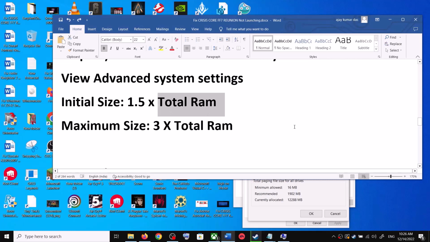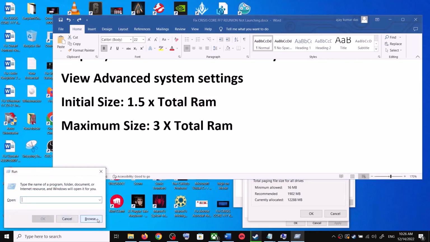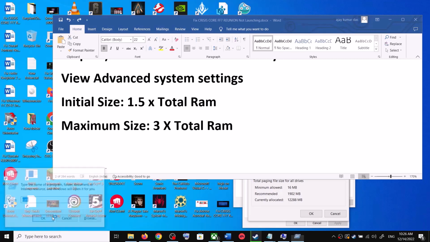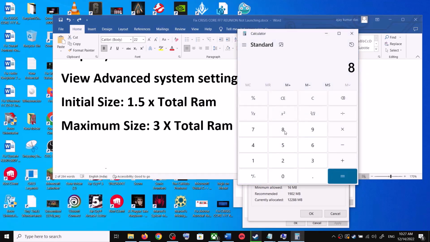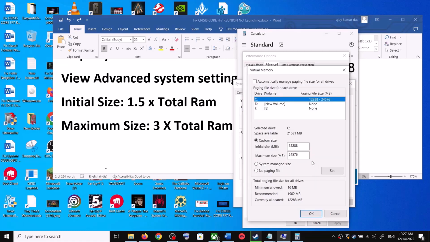Now you have to convert 8 gigabyte into megabyte. For this, you open calculator on your computer, and in my case, total RAM is 8 gigabyte. We have to convert this to megabyte into 1024, that is 8192 megabyte. So total RAM as per 8 gigabyte in megabyte is 8192 for me. So initial size is 1.5 into total RAM, that is, this is the total RAM into 1.5, that is 12288,